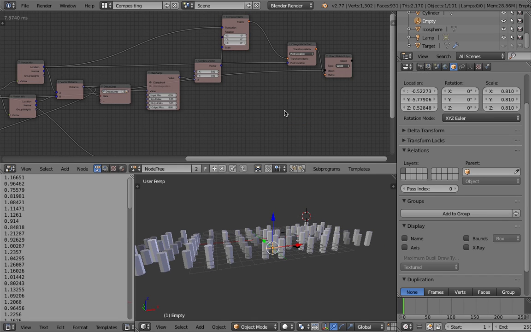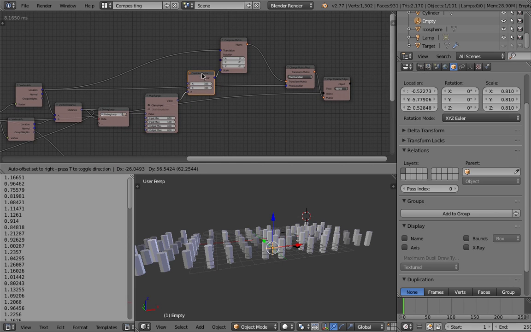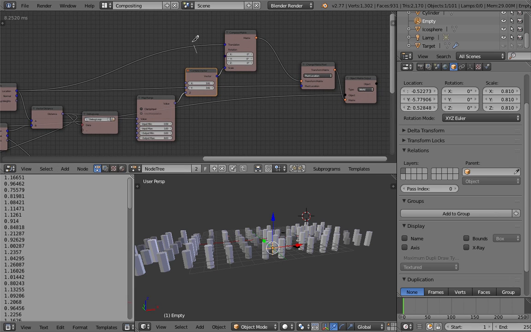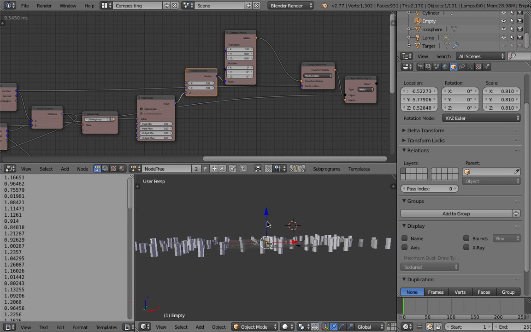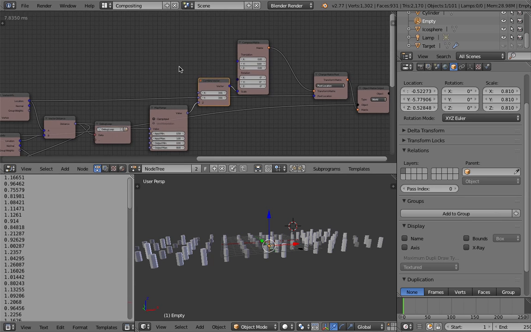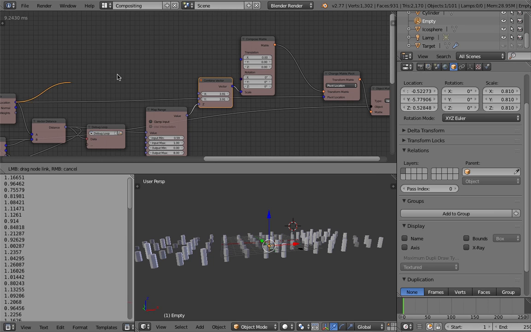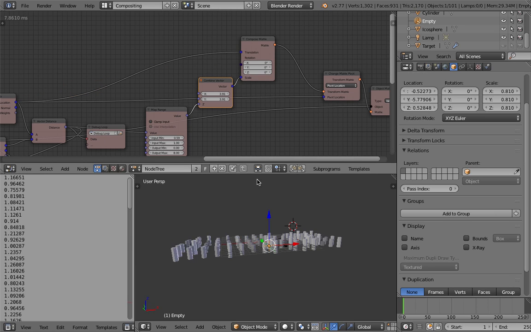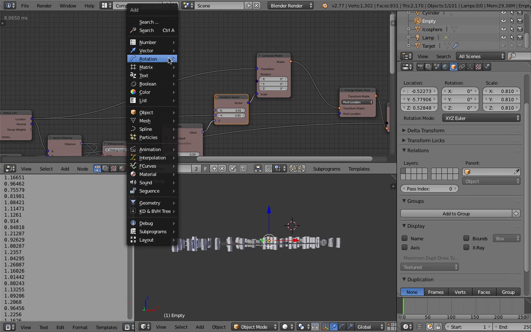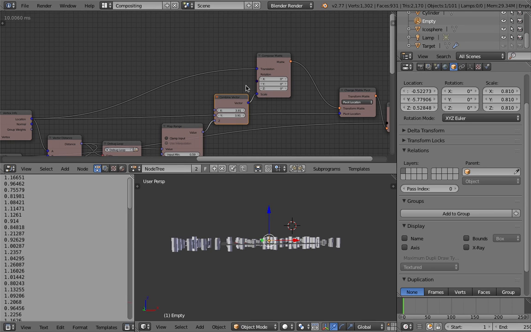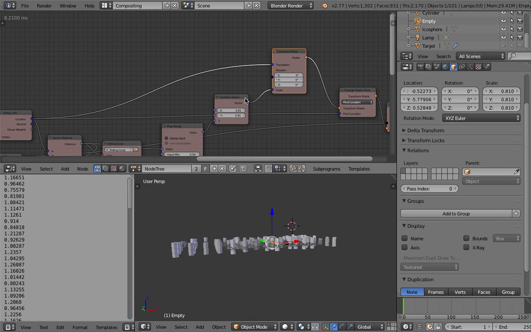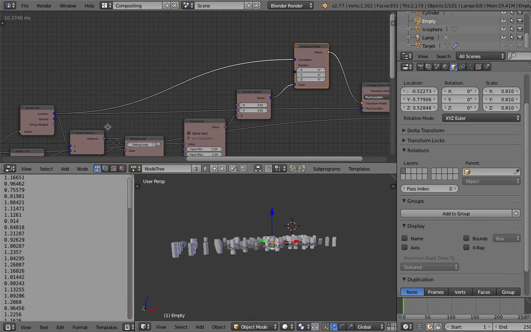And let's get rid of this. Scale, translation, position. Pivot location is coming from there, and that's translation coming from there. So maybe I did something wrong.